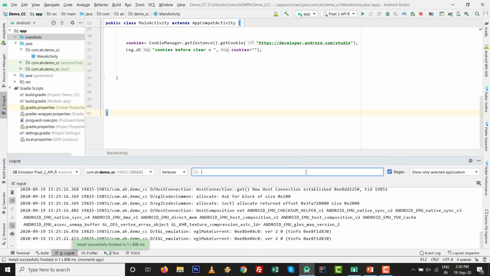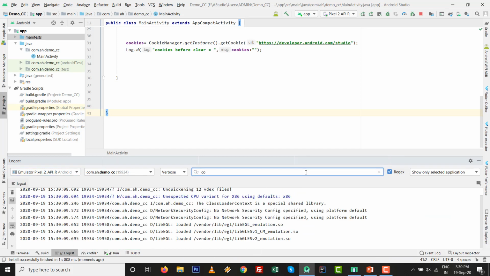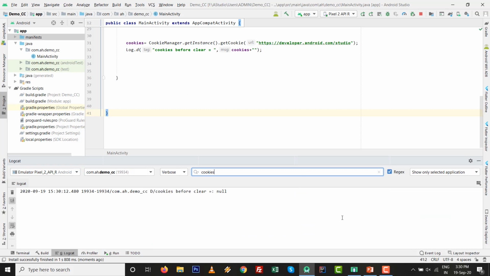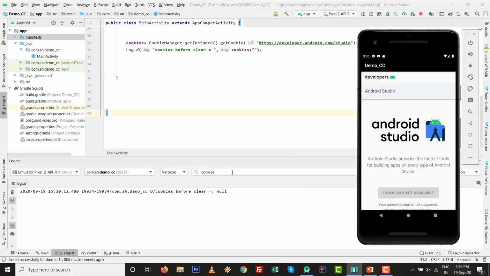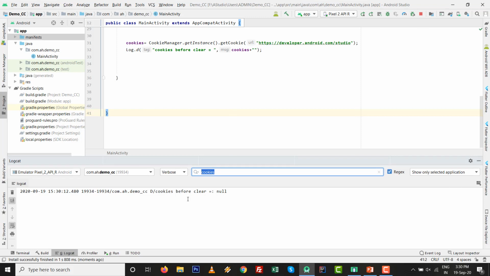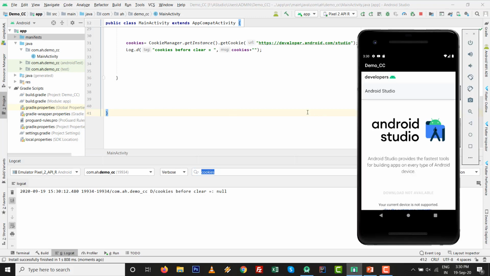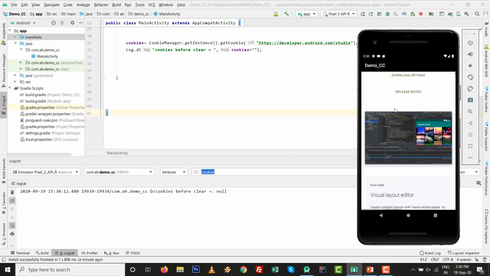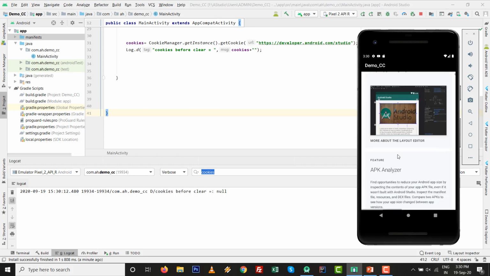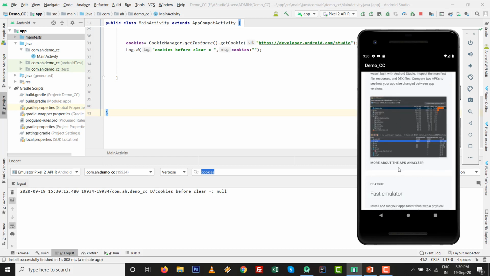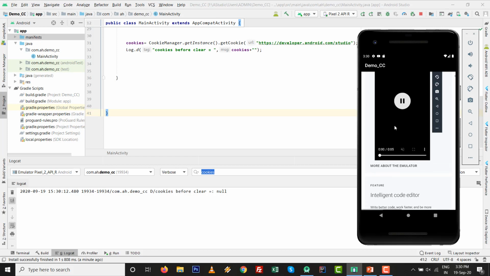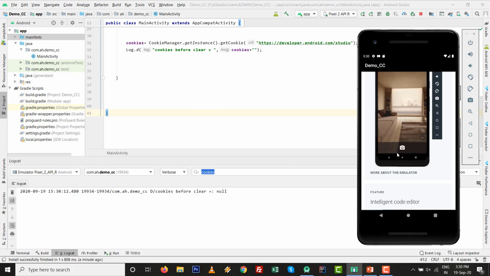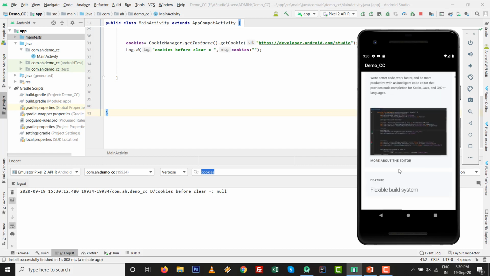And with this name, if you want to find certain thing, then just write cookies. So on the first run you can see cookies before clear, it is null. Why is it null? Because the site is launching first time. So on the second run, if we surf the site, the cookies will be loaded. So let's see. Just we visit the site, all the files are stored for the next time it will be loaded. So let's surf up to the end.